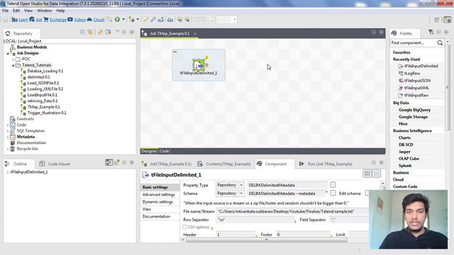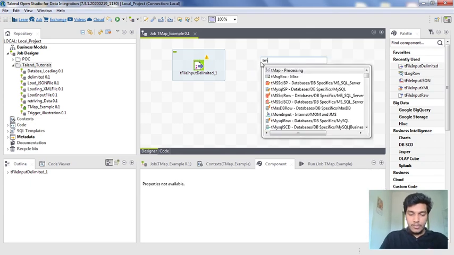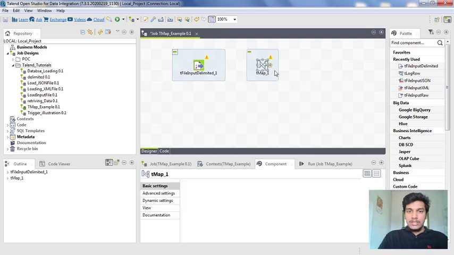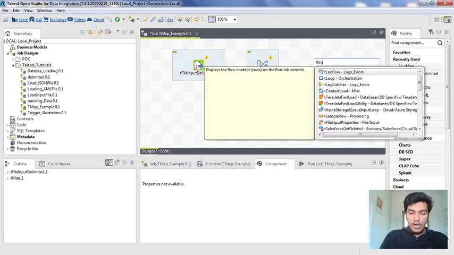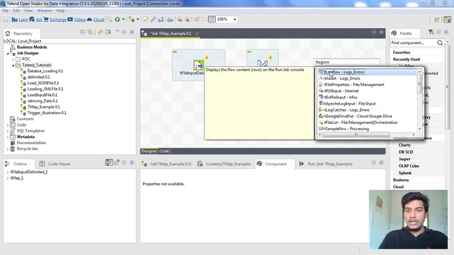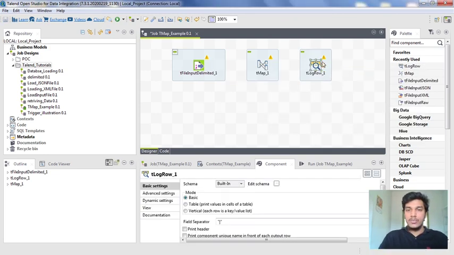Then I am adding a tMap component. The tFileInputDelimited extracts data from our local system, and tMap is for transformations, and then I am adding a tLogRow. You can also add a tFileOutputDelimited, or whatever output component you want, where you want to load the data.